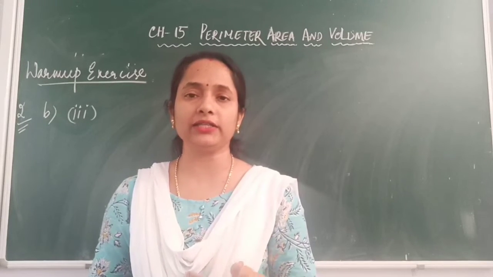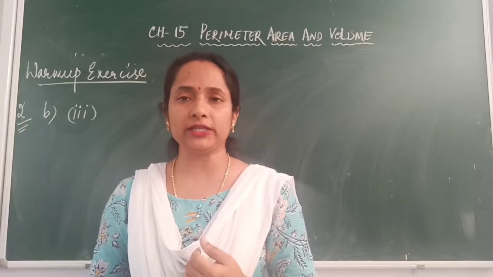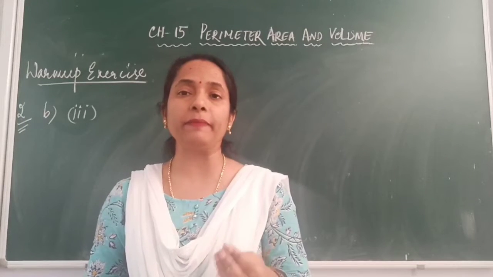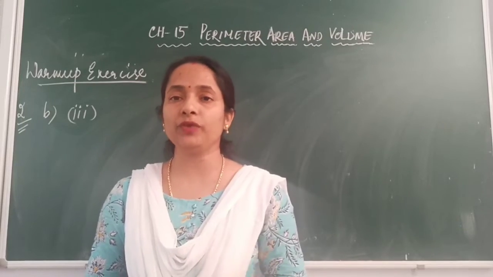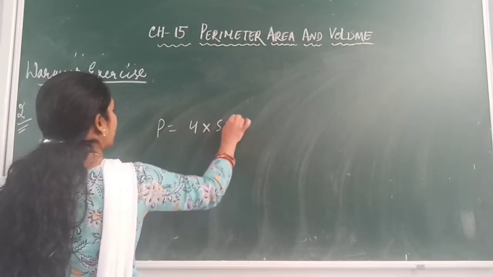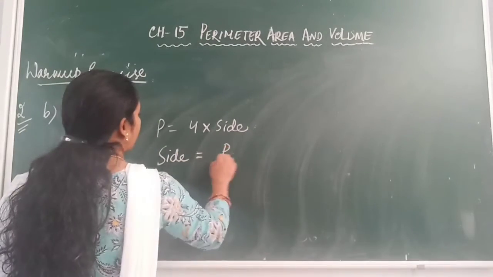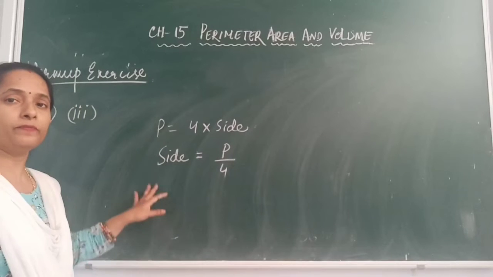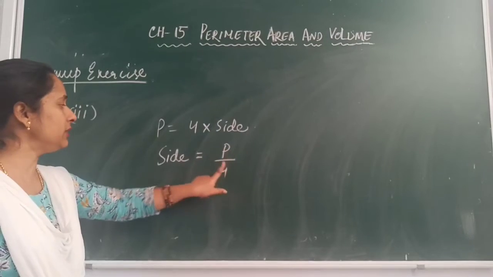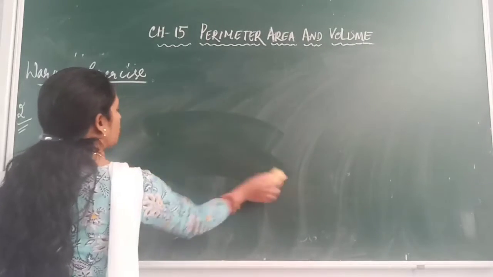Whereas in the second case, in bit 2, you are not given the length of the side but the perimeter is given. Already I have given the formula to find the length of the side when the perimeter of a square is given to you. As we all know, perimeter of a square is equal to 4 multiplied by side. Then we can find the side of the square by dividing perimeter by 4. So you can just substitute the value of perimeter in this formula to find the side. So I am not going to solve bits 1 and 2.